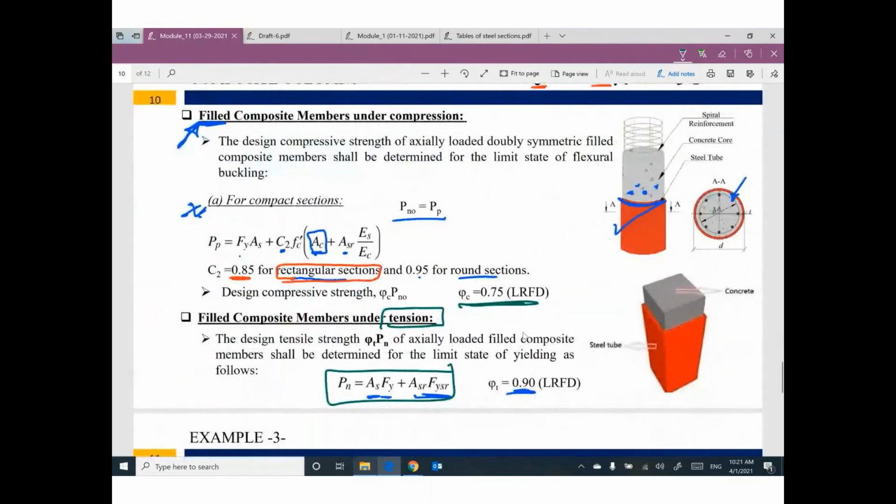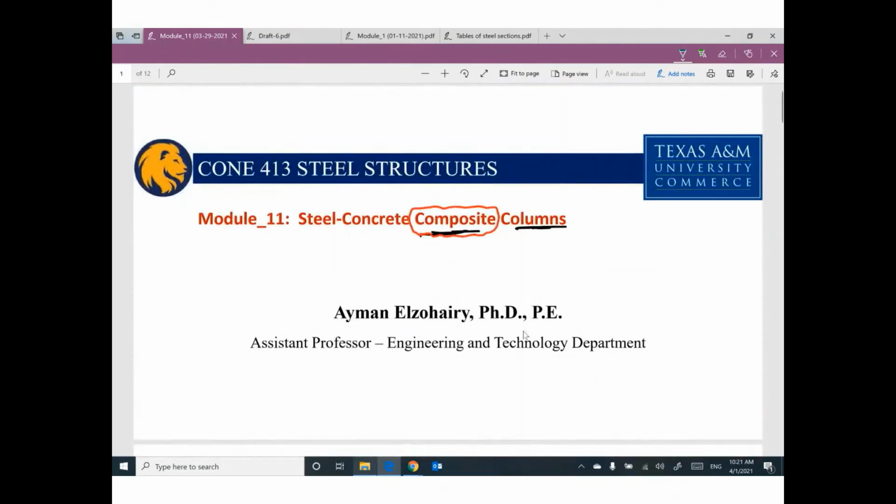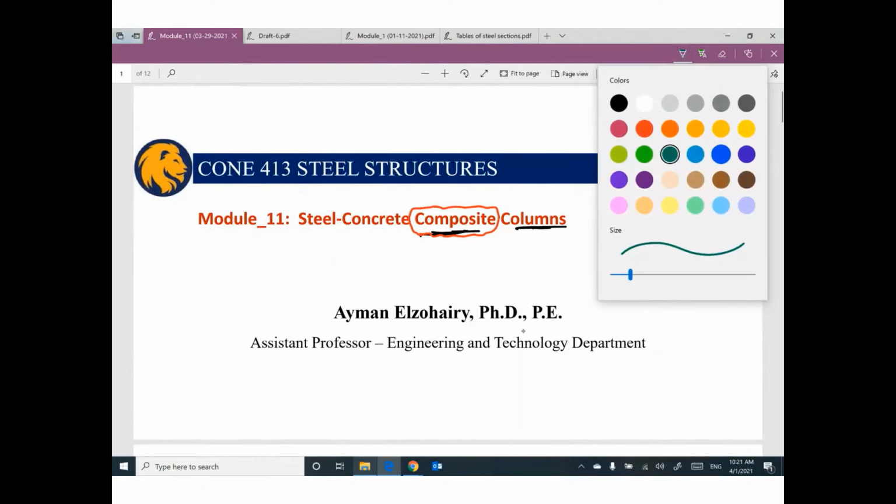If the column is filled under compression, we need to calculate the value of P plastic, and then you need to multiply this P plastic by Phi 0.75 to figure out the design strength. If the filled column is under tension, we need to use this equation and make sure, do you have a steel tube? I believe yes. Do you have steel reinforcement? Yes or no? Sometimes yes, sometimes no. And the Phi value will be 0.9. So this slide this week can help you to design any composite column,